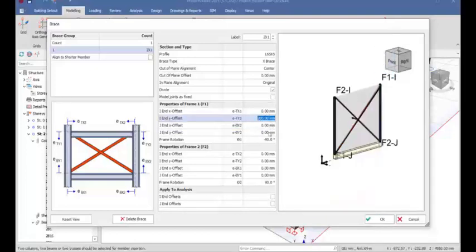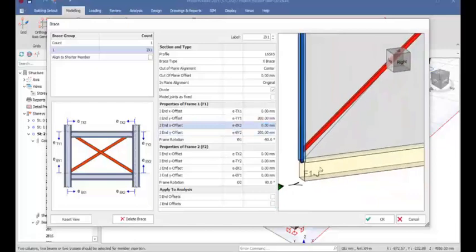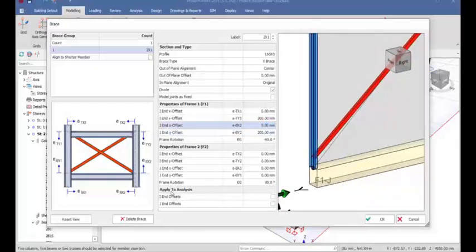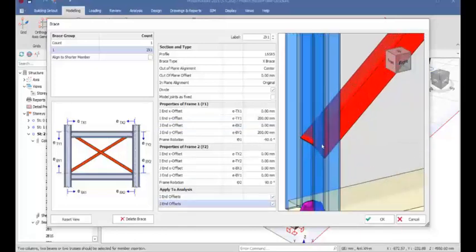And then you can come over to the J end Y offset, which is this side of it, and you key in also 200 right there, just like this. After which, you have to apply to analysis, the IN offset and JN offset. So click this provision so that you will not see this analytical line right there. Applied it to get rid of that analytical line, meaning this is being pinned to